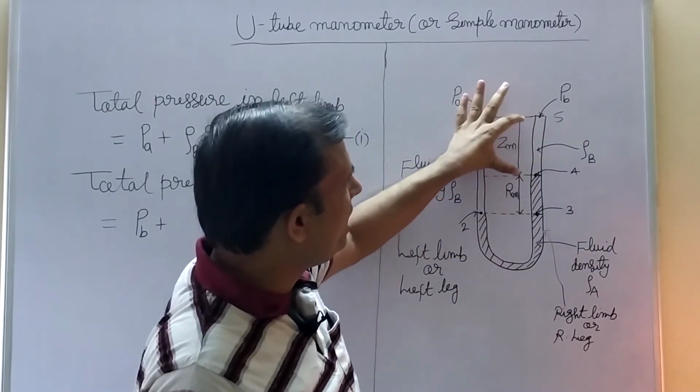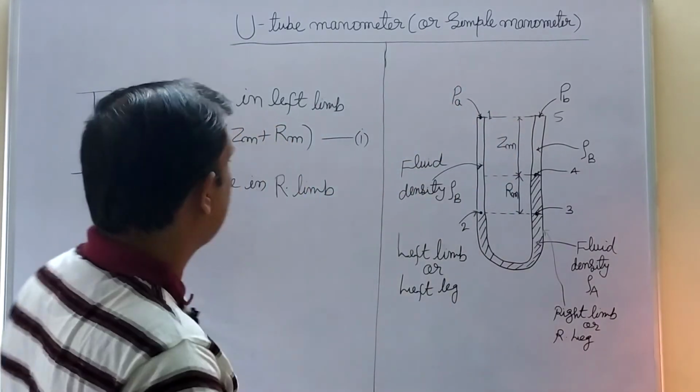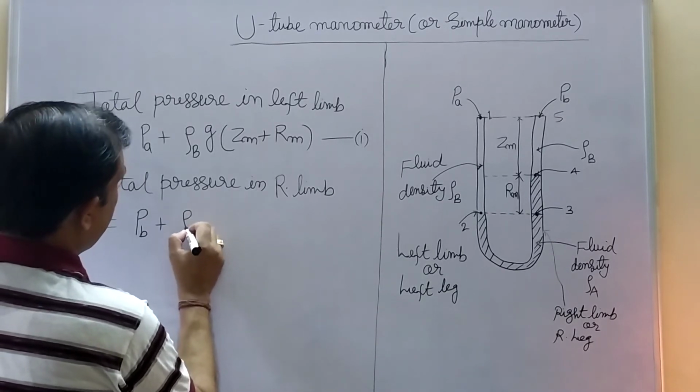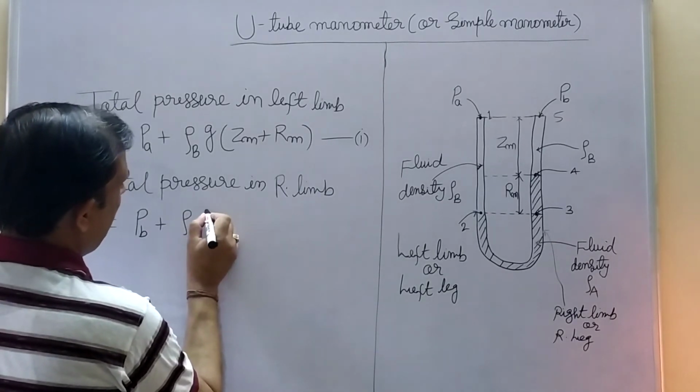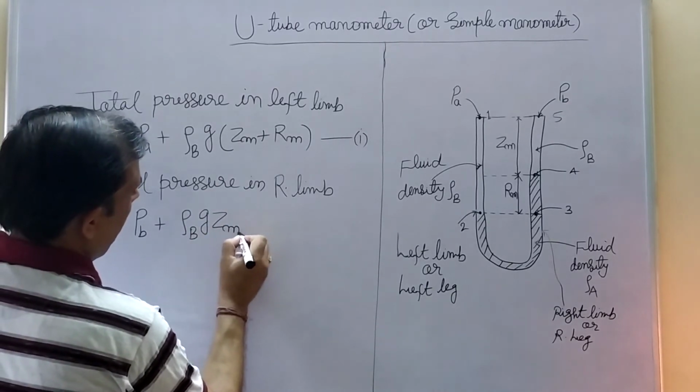The height of this liquid is Zm. So we will use the rho g h formula. The density of this fluid is rho B, g, h means Zm, plus